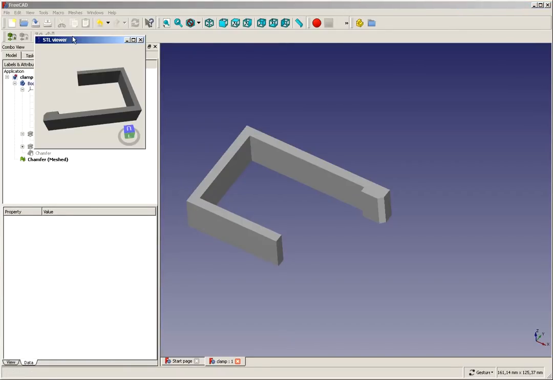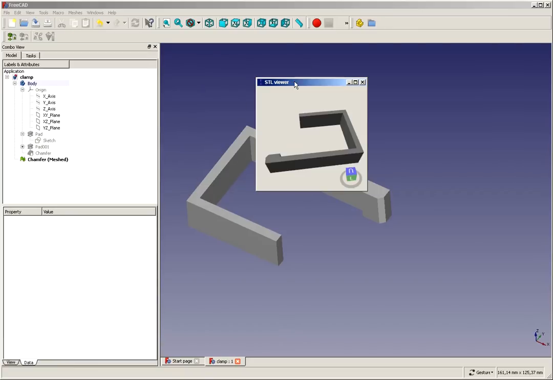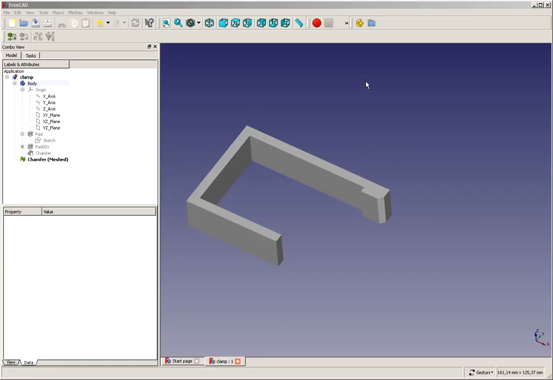So I opened the file in an STL viewer, and we can see, well, it just looks like any model from Thingiverse. So that is basically everything you need to know for your first simple objects to create them in FreeCAD. Just keep in mind the way I've done it here is a very basic way,